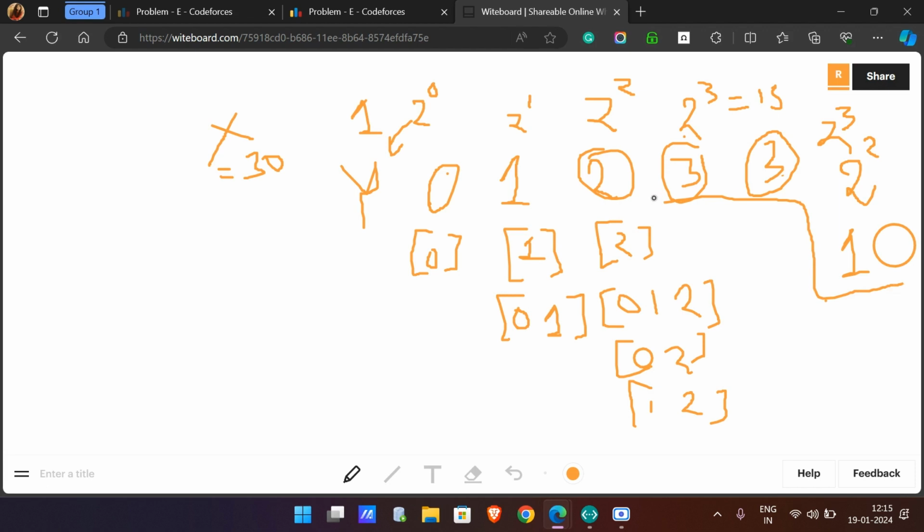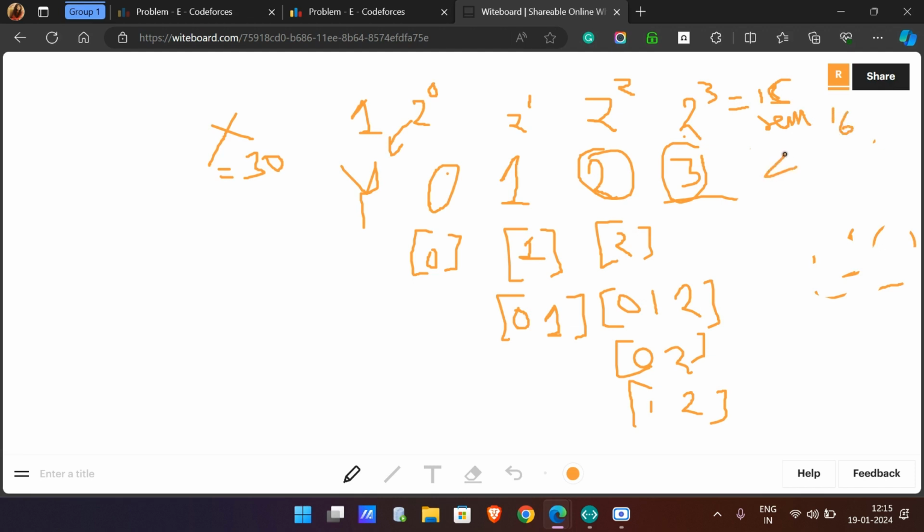Yes, this kind of thing. But how can I assure that there could be exactly X subsequences? Let's say X is anything, but after this, let me clear it. Up to this, the summation was 15, from 0, 1, 2, 3. Now, if after this the remaining X is anything lesser than 16,